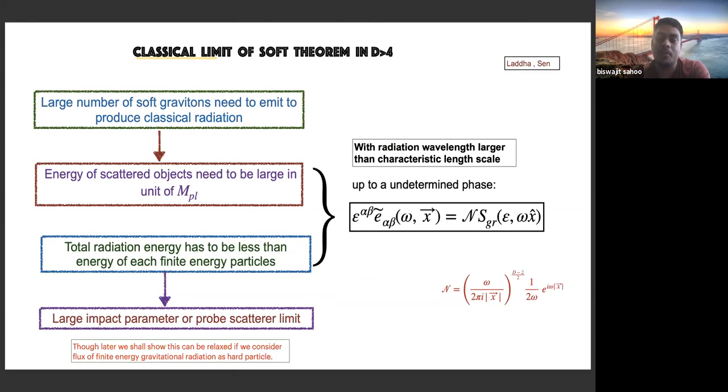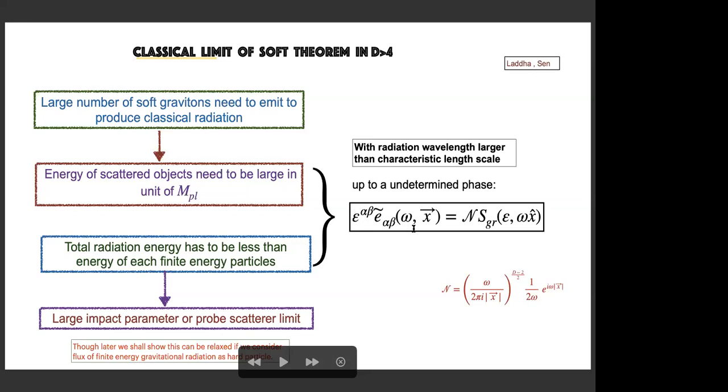From there, you also compute the radiation energy of the graviton and compare these two things, and what you will get is basically the gravitational waveform. This E alpha beta is basically the trace reversed metric fluctuation and its Fourier transform in the time variable. And if you contract with the polarization, it turns out to be completely proportional to the soft factor in the